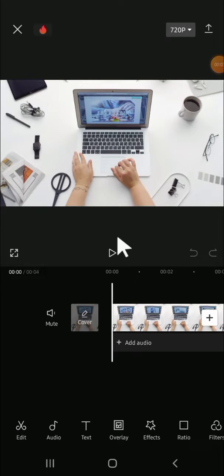In this tutorial, I'm going to show you how you can remove unwanted objects from your video in CapCut. Alright guys, here I have imported my video to CapCut, and for example, we're going to remove this watch from this video. So the first thing we're going to do is click on the video like this, and we can